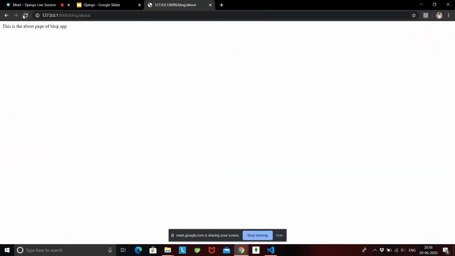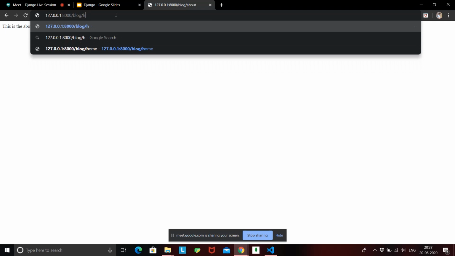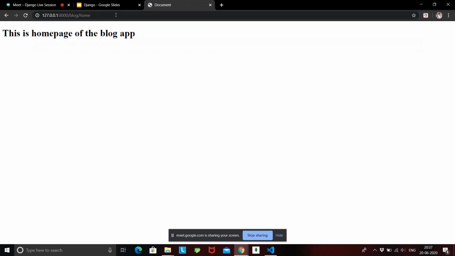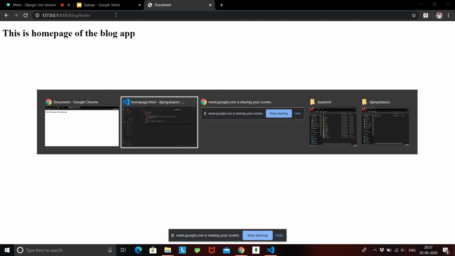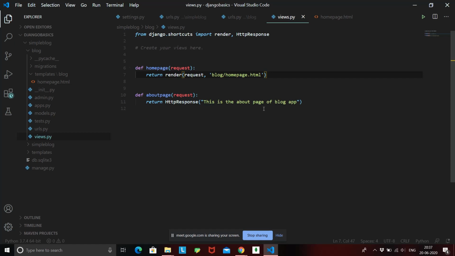And if we go again to our home page of the blog, that is /blog/home, we should get that HTML page. Okay, so now we are getting this HTML page saying that this is the home page of blog app. Fine. Similar thing you can do with the second function, the about page. Okay, so we are not concerned about about page right now.